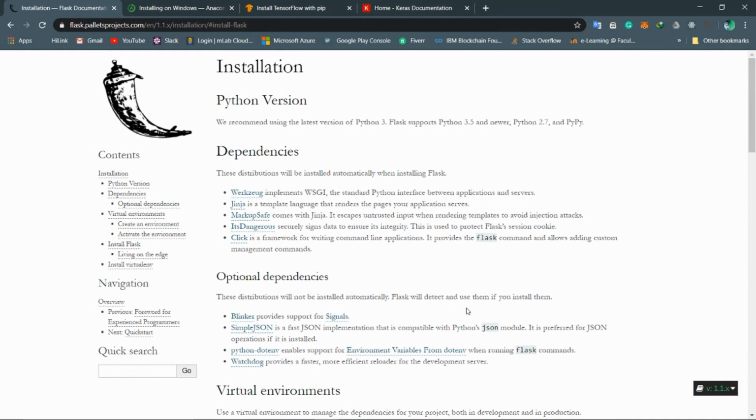Hello everyone. In this video I'm going to show you how to deploy a Keras model locally on Windows, especially using Conda environment. I'm using Flask for developing my deployment app. So I recommend for you